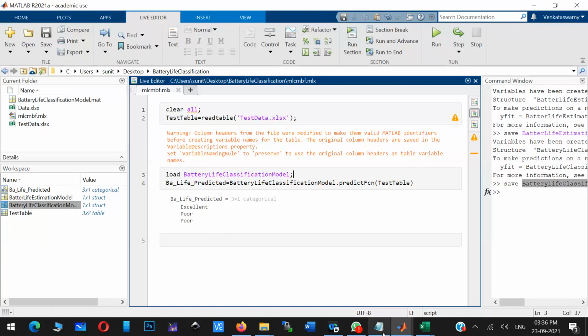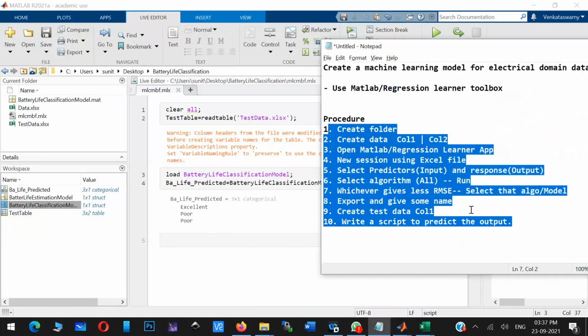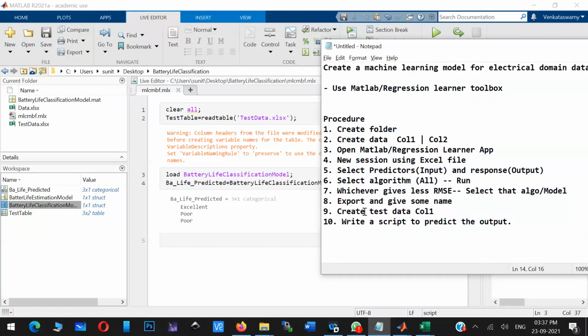This procedure, these 10 steps, is the same as regression learner. Only one thing: you have to use classification learner instead of regression learner. Is that clear, all of you? All the procedure is the same, only the data changes.